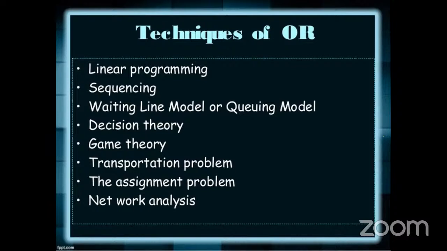You need to sit on a table only by taking a token. Whenever the number is called, you need to go to the counter and solve your problem. There the queuing model, or queuing technique, is applied. Decision theory is another technique which is applied in decision areas, where the business managers have